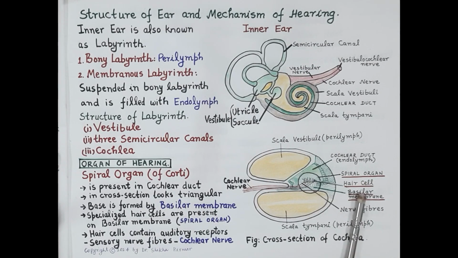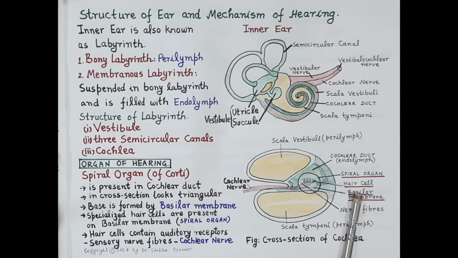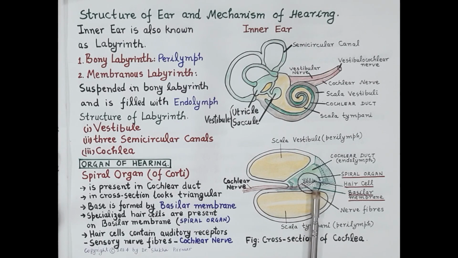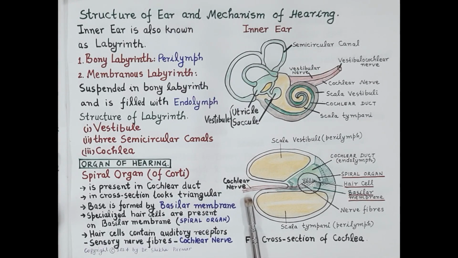Now, these hair cells are a must for hearing as they consist of auditory receptors. Auditory receptors are sensory receptors, and sensory receptors are actually the sensory nerve fibers that originate from every hair cell. Now, all these sensory nerve fibers combine together to form the cochlear nerve,